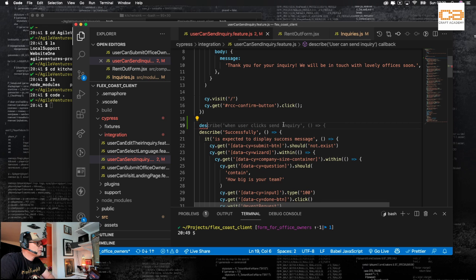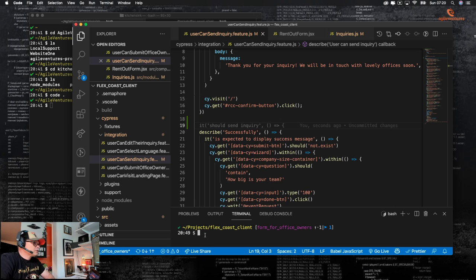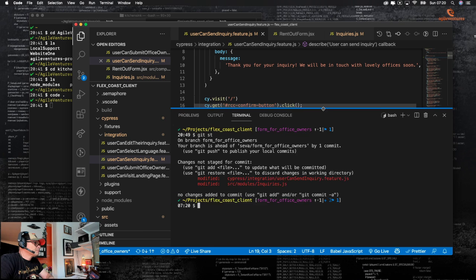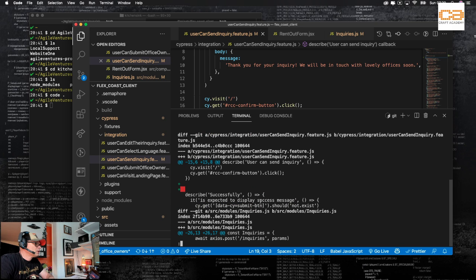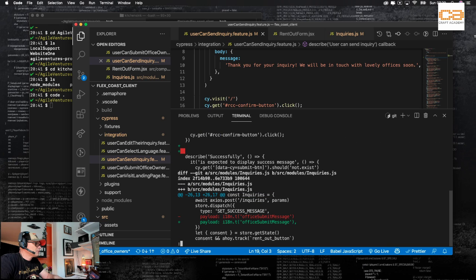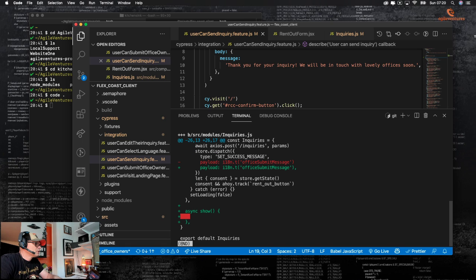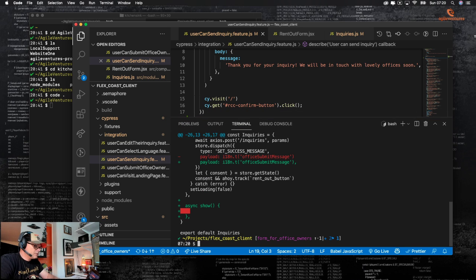What's going on here? Let's do git status here. Git diff. So here, payload. Right, so we can just stash this.